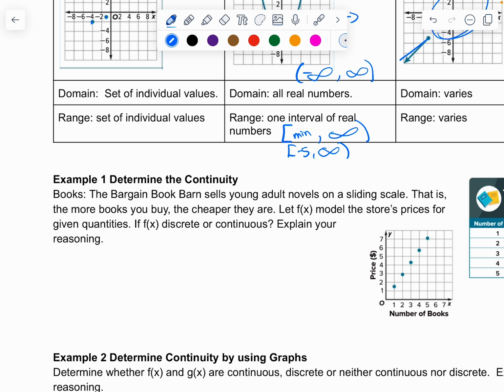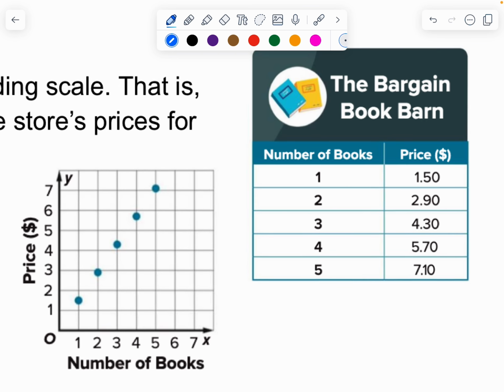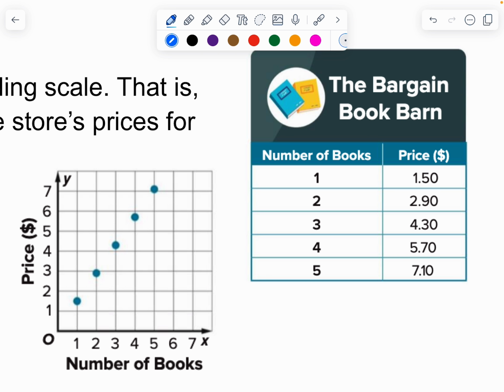The Bargain Book sells young adult novels on a sliding scale. That is, the more books you buy, the cheaper they are. Let f of x model the store's price for the given quantities. Is it discrete or continuous? Well, think about it. In order for this to be a line, you would have to have the book that's 1.1 or 1.2, 1.3. We don't have those kind of books. You have book 1, book 2, book 3, book 4. So this is discrete